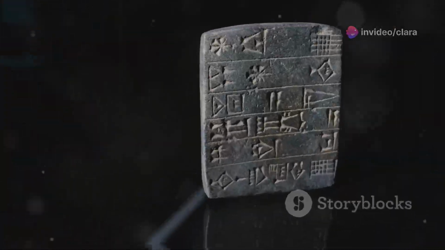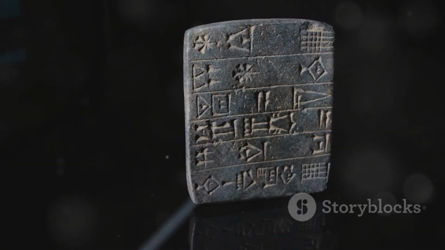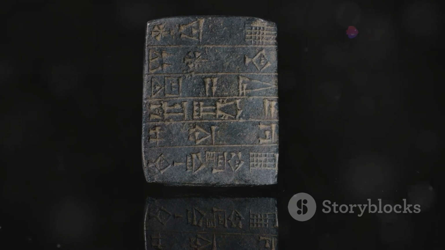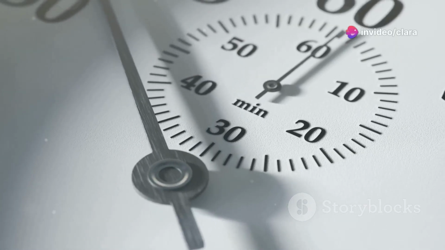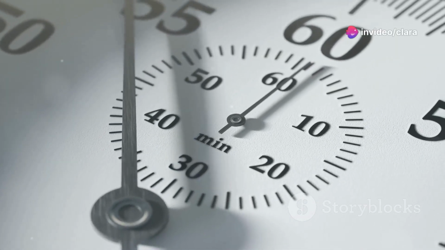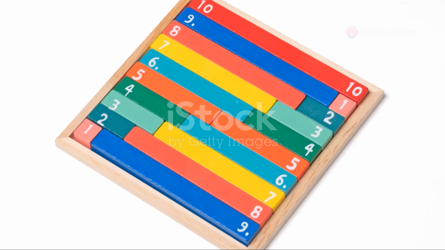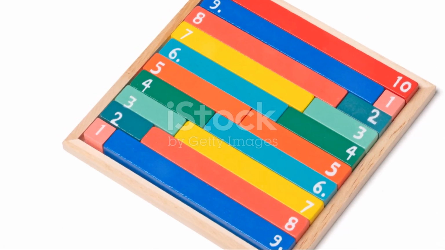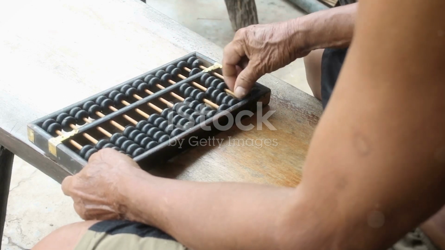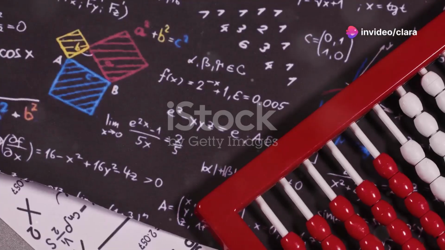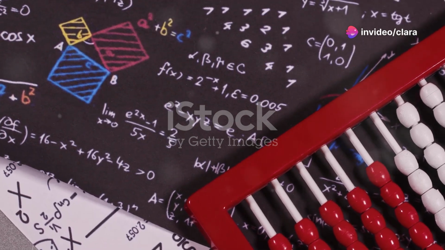trade. In Mesopotamia, the Sumerians created a number system using cuneiform, which the Babylonians refined into a base 60 system. This is why we have 60 seconds in a minute and 60 minutes in an hour today. Meanwhile, in ancient China, rod numerals and counting rods were used for complex calculations, laying the groundwork for more advanced